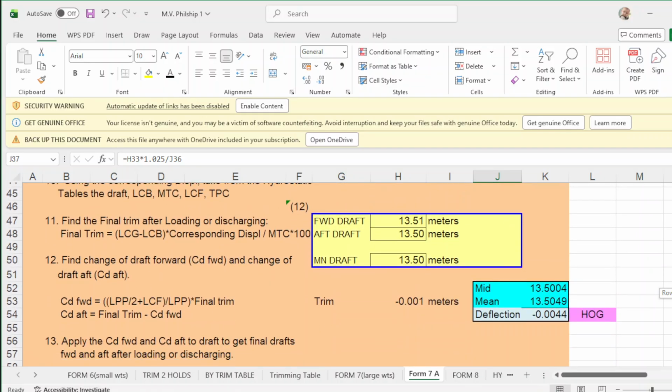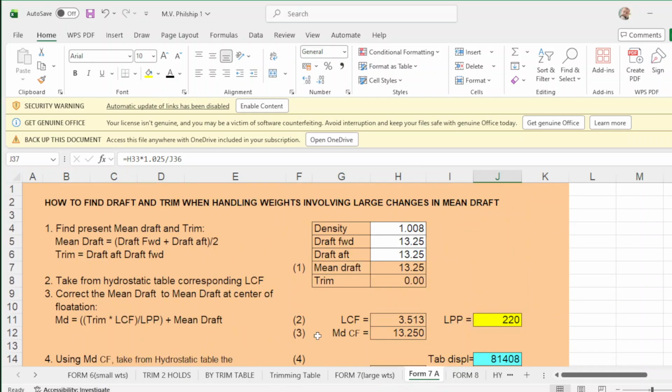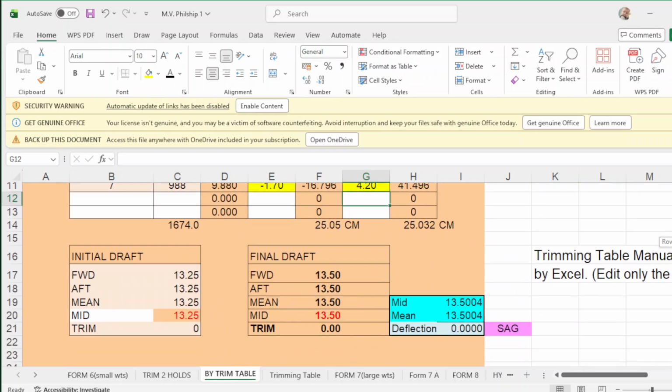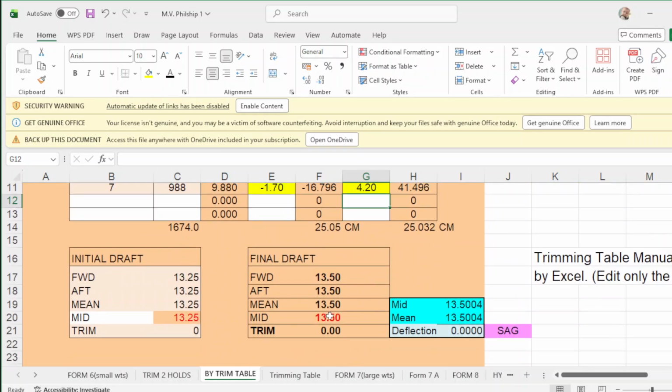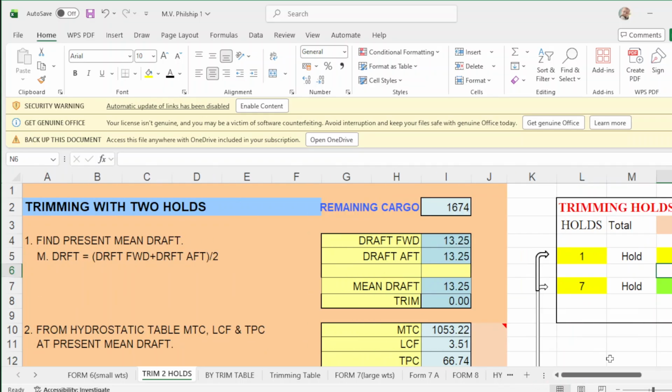So you have 4 programs to back you up. You have form 7A, which is how to find drop and trim when handling weights involving large changes in mean drop. And you have the trimming table, and you have the same drop of even keel 13.5, and trim 2 holds, which is trimming with 2 holds.